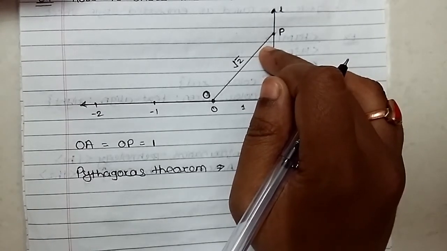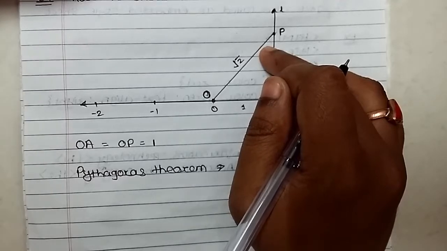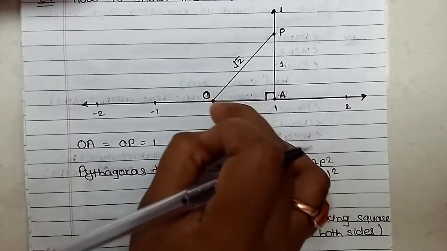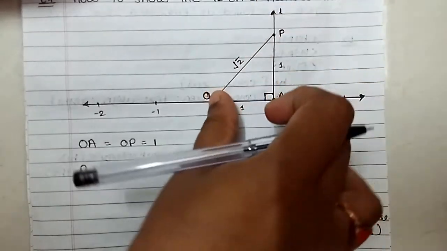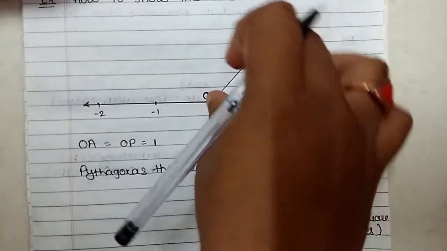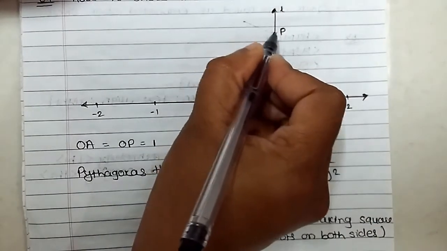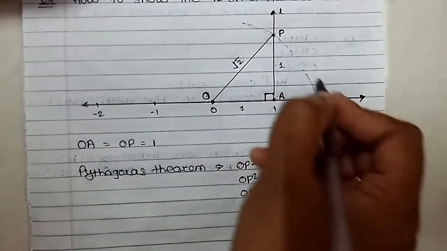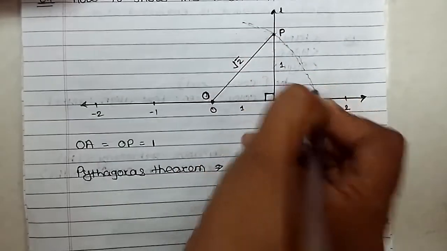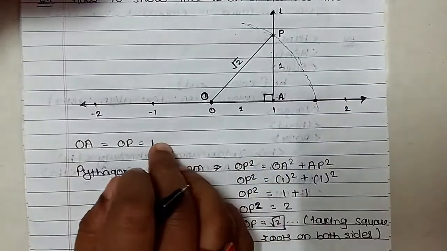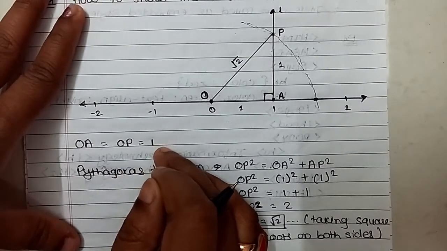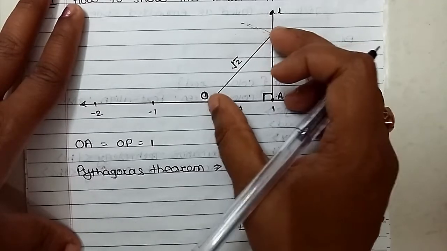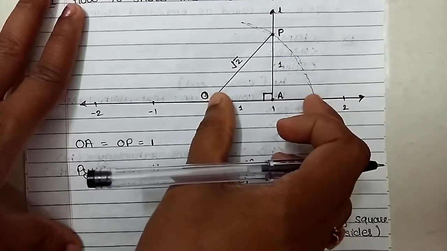Okay. So now the next step is what? Now draw the arc with center O. Draw one arc and take the radius, that is OP. So with the help of your compass, draw this arc, like this one. Okay. So here is your radius. This one is the radius of the circle. Then this one is also the radius of the circle.